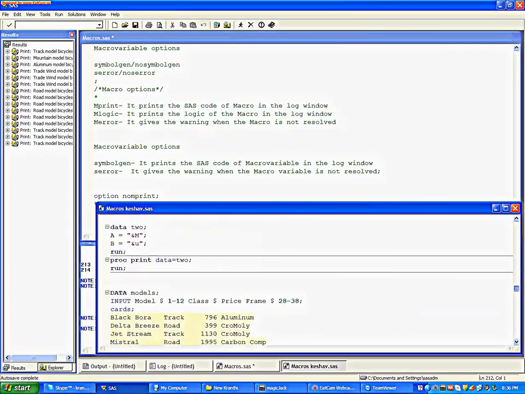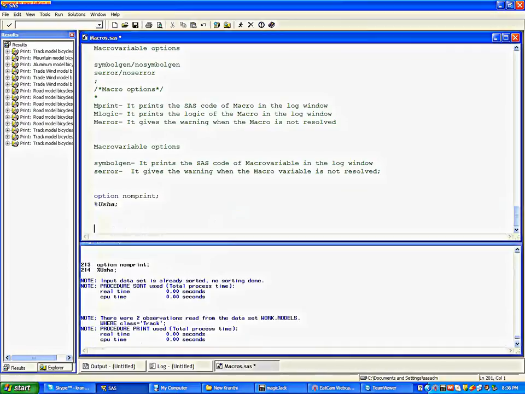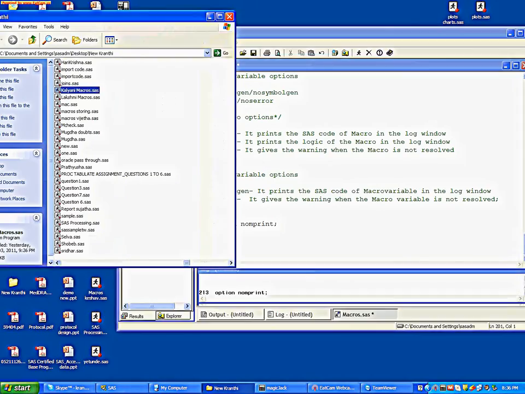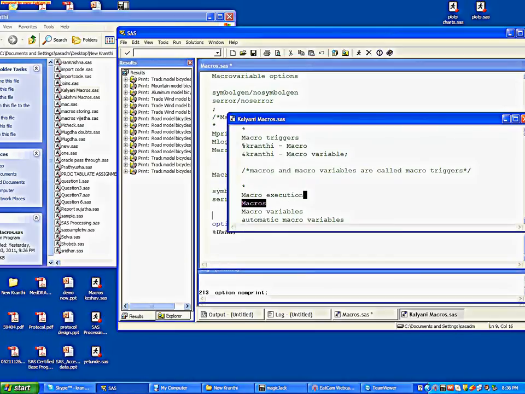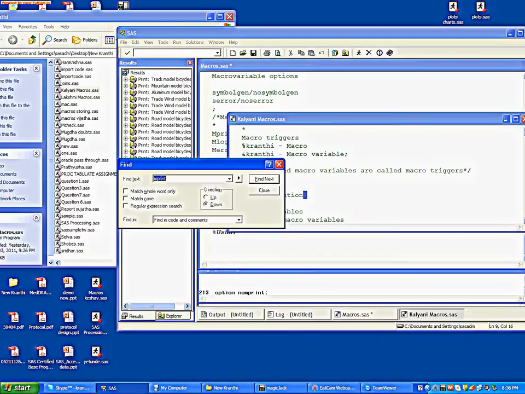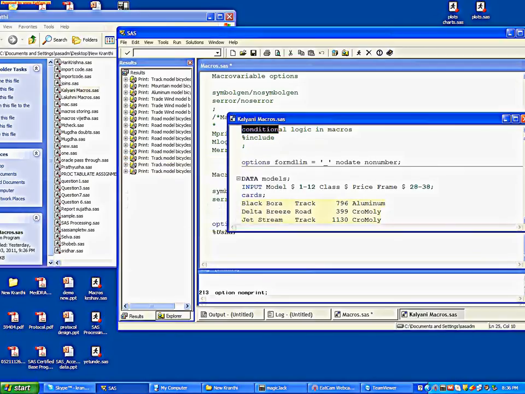MPRINT means it prints the SAS code of the macro in the log window. Okay, then MLOGIC. MLOGIC means it prints the logic of the macro in the log window. Okay, so let me explain what the logic is. So logic means